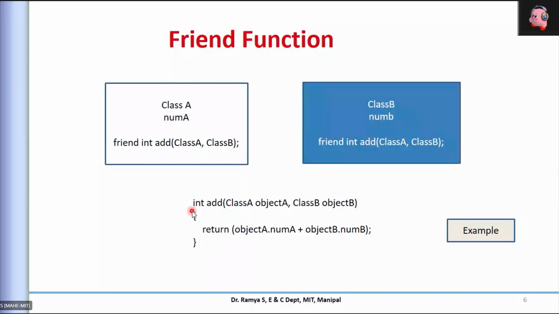Usually, whenever you are writing a member function of a class A outside the class, you have to write the class name attached with the scope resolution, but that is missing in the case of a friend. So remember this concept. This can access all the members of your class in which you declared it as a friend. This is what we saw in the last class.